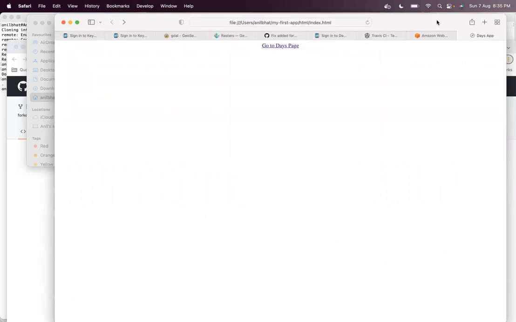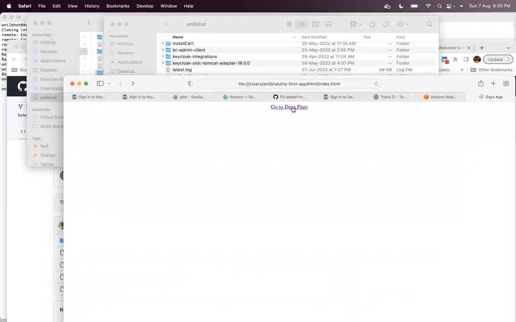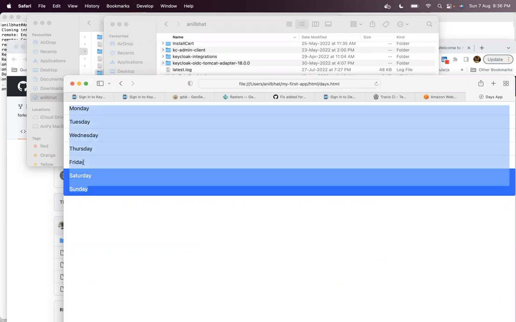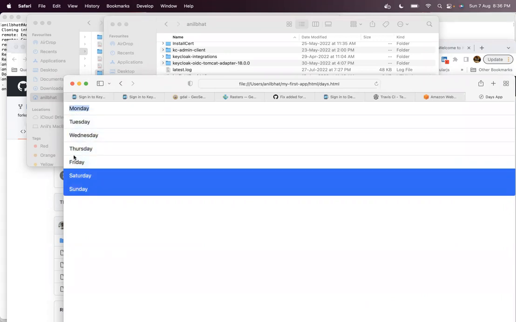Now this particular HTML is very simple. It has got a link to go to the days page. One click on the days page, you will go to a weekly days page, which displays the days in different colors for Saturday and Sunday, and normal style for other days, right?